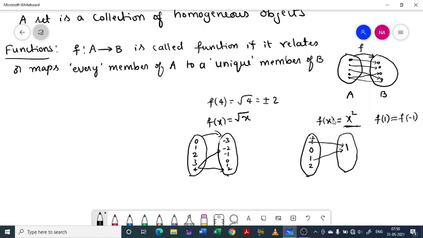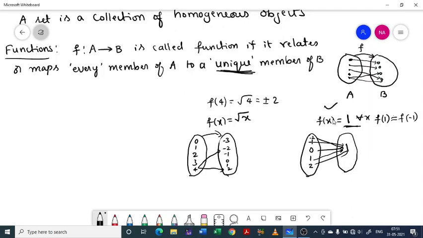You take the map. See, suppose you take f of x equal to 1 for all x, then what will be the image? -2 will be mapped to 1, -1 also mapped to 1, 0 also mapped to 1, 1 mapped to 1, 2 is mapped to 1. If you take any member of A, that will be mapped to only 1. This is acceptable. Any number of entries may be mapped to a single member. That is acceptable. But a single member of A should not be mapped to more than one element of B. That is why we use this word unique.